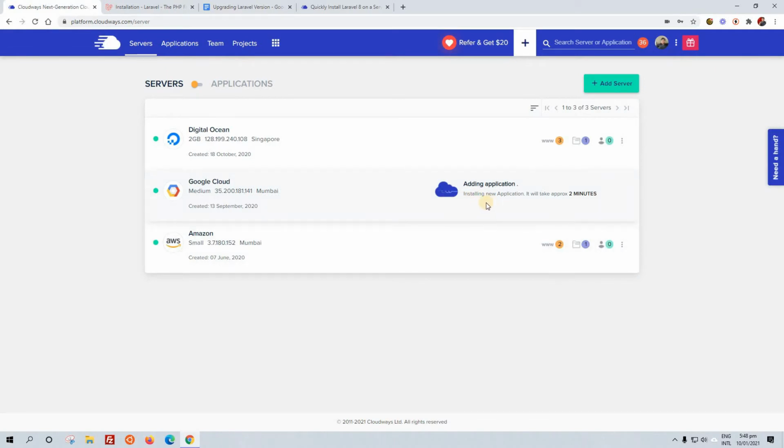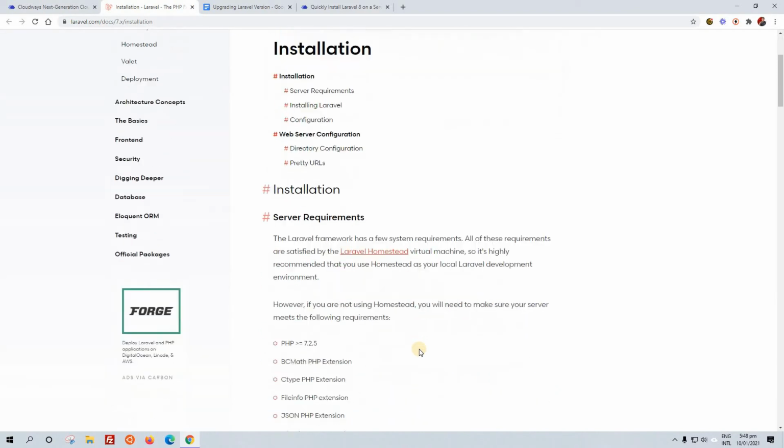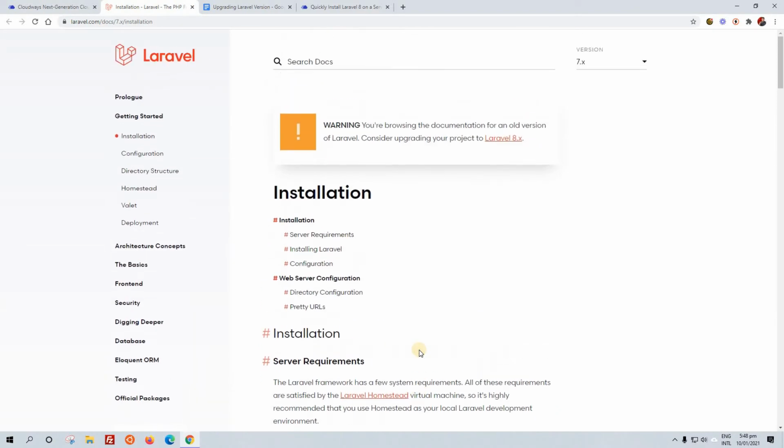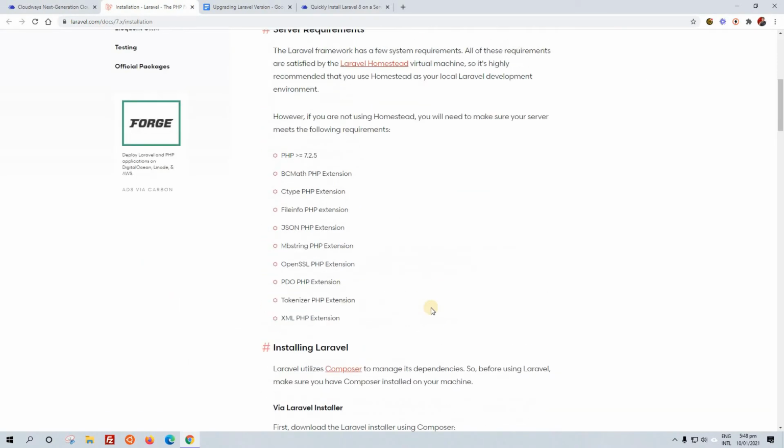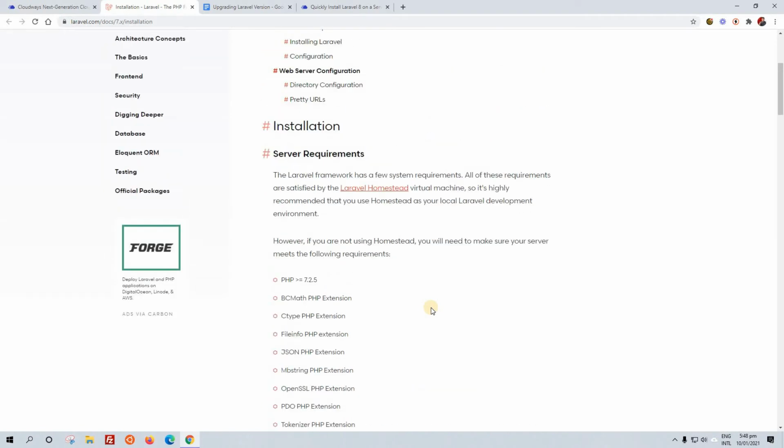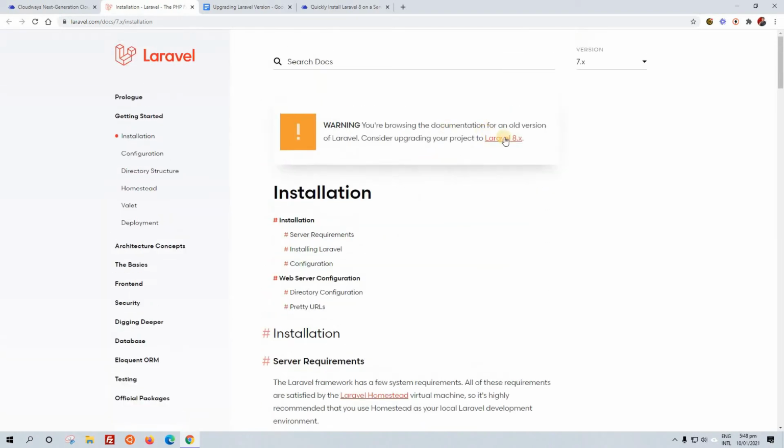Once the installation is completed, I will show you how we can check the version that is installed. I have been referring to this Laravel documentation for the installation of Laravel version 7 and or 8.